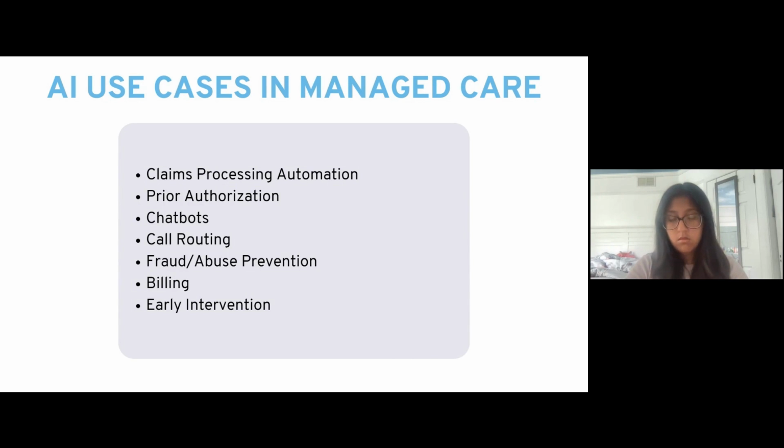That's another aspect. As much as we go digital, as much as we're going online, like through web-based, there is still a certain population of our community that don't prefer to go online. So there'll always be a need for phone calls and call centers. But how do you make them more efficient? Can we utilize and understand from trends in the data? Okay, well, the last time somebody called for this particular reason, they were routed to XYZ department. Can we build that into the algorithm so that the next time the same call comes again, it's automatically routed without any human intervention?